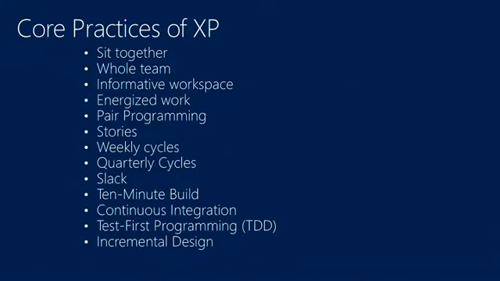Certainly, I mentioned the concept of continuous integration. There are some wonderful tools that are out there that allow you to deliver on these aspects of XP. Slack has this notion of putting in some minor work items within your backlog to account for any changes so that you can remove them for an iteration. The concept of weekly cycles or quarterly cycles for iterations as well. These and other core practices to XP were important back in the day and still continue to be important. But the problem here is that XP is very engineering focused.